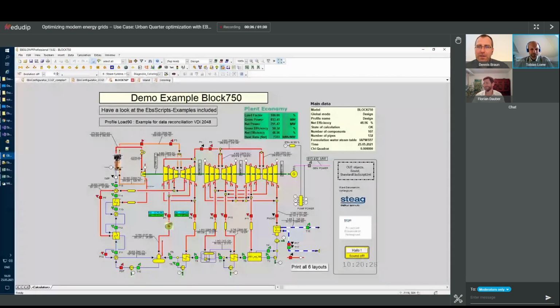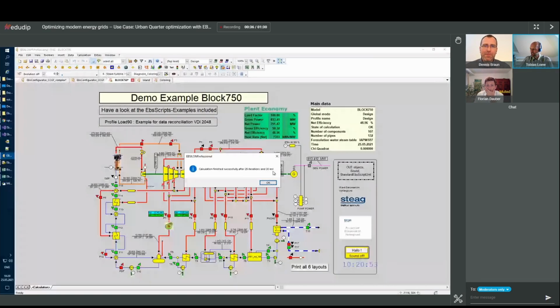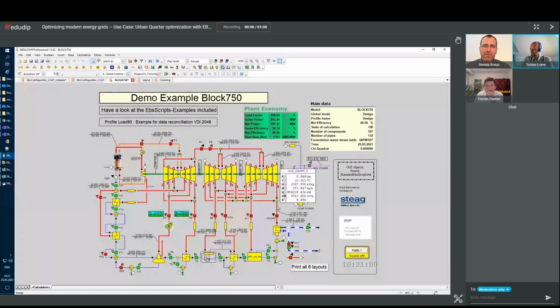So what I want to show to you is if you spend a little bit more effort into modeling, you can end up with models like this. This is an example model which is distributed with a DVD, and it shows more or less a standard coal-fired plant with roughly 500 megawatts of power generated, and you can run it here and it calculates within 30 milliseconds. You have the whole model calculated, and you can drag the mouse over and get all the values on the streams and also values from the components.